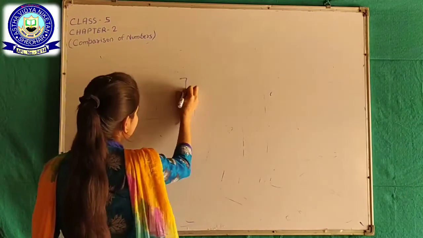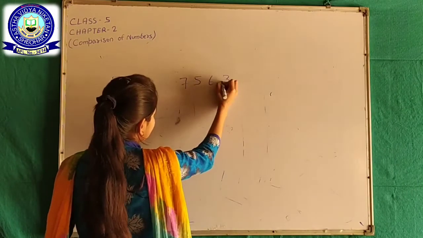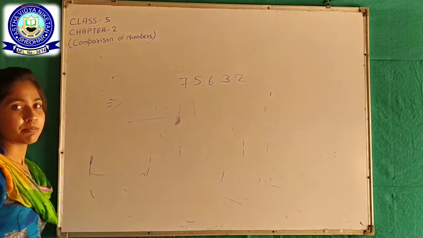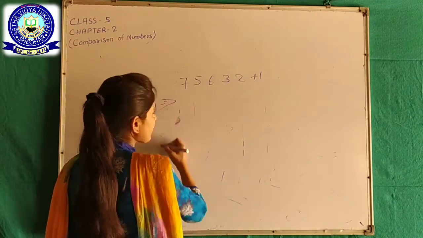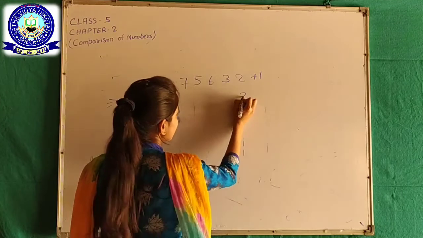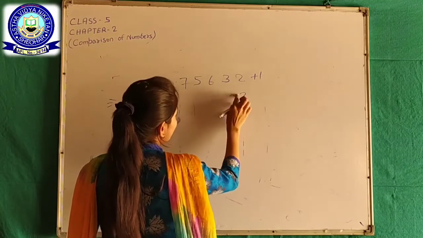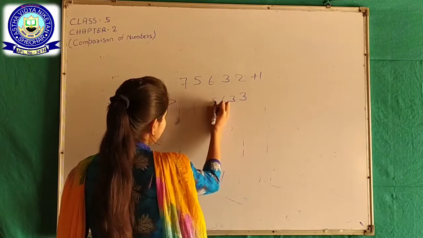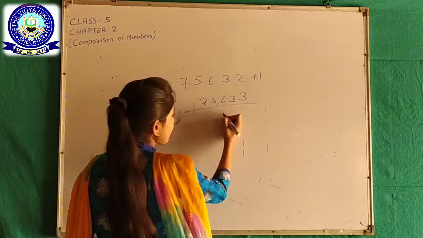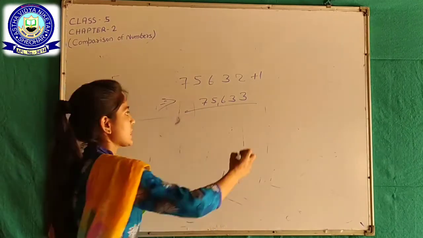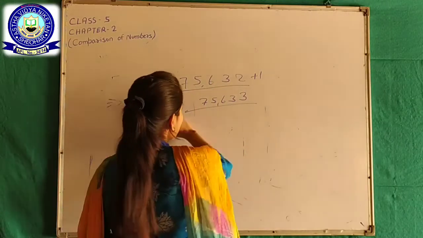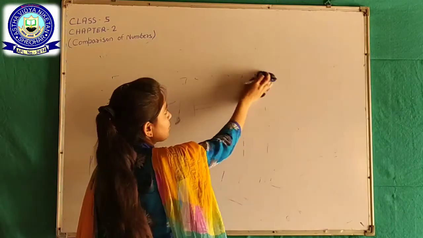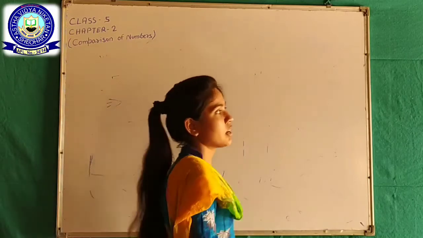Another example. You have to find out the successor of these numbers. You have to add 1 to each, and you get the successor of these numbers. 2 plus 1 equals 3, then 6, 5, and 7. 75,663 is the successor of 25,632. And when we have to find out the predecessor of any number, you have to